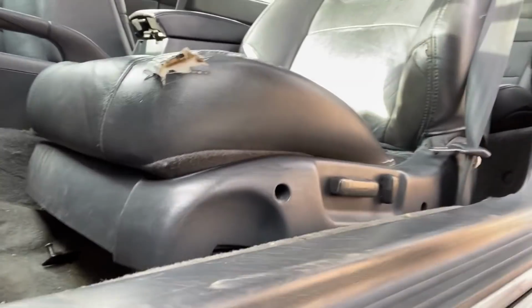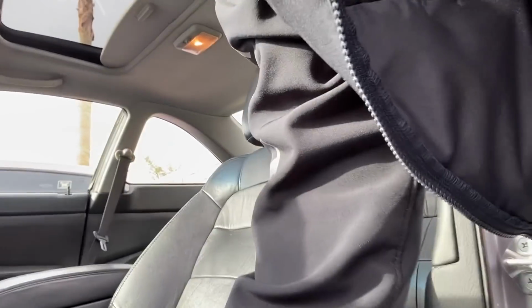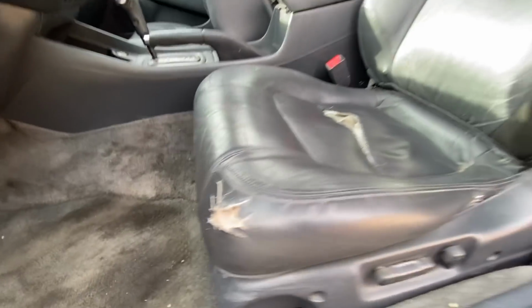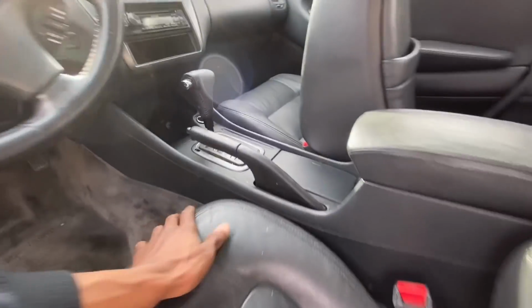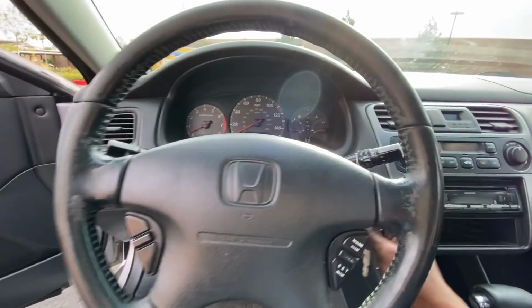I don't know if you guys can hear that or see that. This seat is like not all the way bolted down or something. I don't know. I guess everything is bolted down because I don't see any bolts out of the norm that's out. But let's try to start this thing up. Kind of doubt it'll start, but